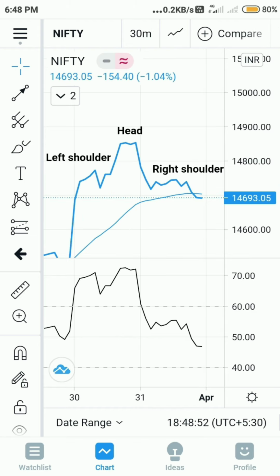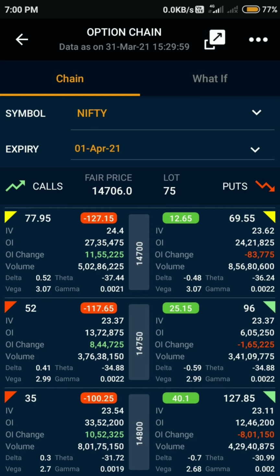Now if we analyze the 30 minutes chart, we can see that there is a head and shoulders formation. That's not picture perfect, but it should work again. And if you have watched my previous videos, you know that it's a bearish pattern, and you also know how beautifully it works. So if we find targets, this time it comes around 14,550. So the second negative sign for tomorrow's expiry is the breakdown from the head and shoulders pattern.